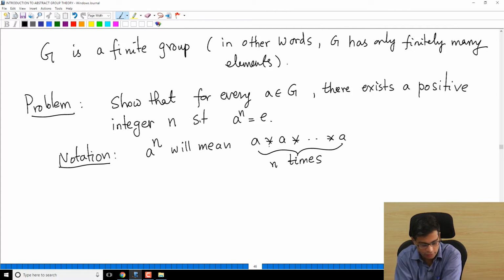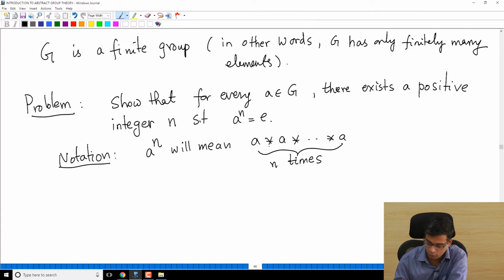Remember, here we are working with an arbitrary finite group, and you will have to get used to thinking like this. It is not Z, it is not Q, it is not S3, it is not the roots of unity. It is not any specific thing, it is any group, and the problem should not use any specific properties of examples of groups. It must only use properties that all groups have.